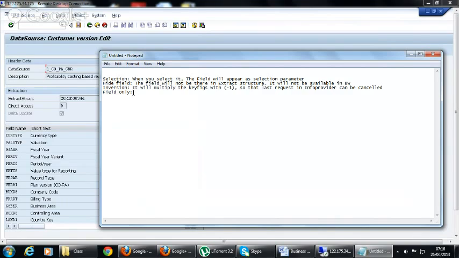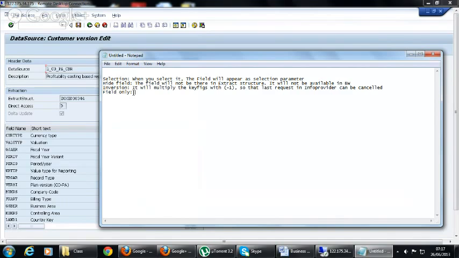If you select this field only option, you can only use that field as a field only. You cannot use it for any other purpose, like selection. You cannot check the selection. So you have to take a decision: if you want to use it as field only, or check it as a selection. If you want to check it as selection, you have to write a